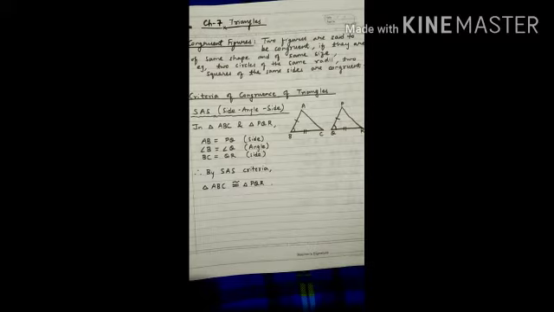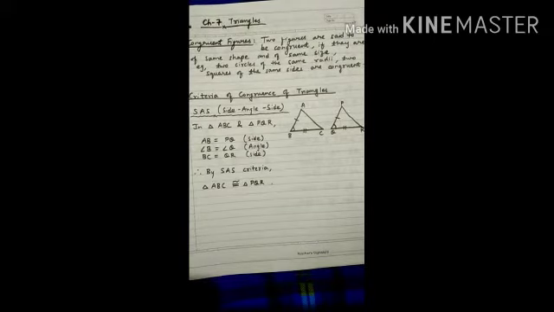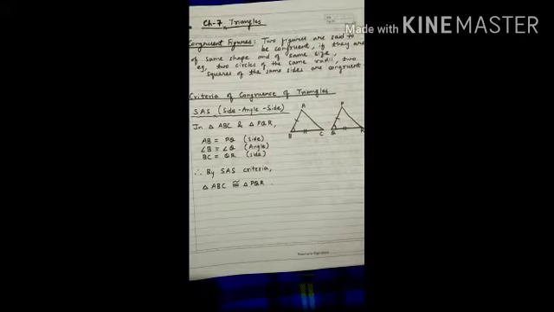For example, two circles of the same radii. If two circles have the same radius, they are known as congruent circles. If two squares have the same length of each side, those two squares are known as congruent squares. Similarly, two figures of any shape can be congruent to each other if they have the same radii, same length of each side. In this chapter we will study congruent triangles.